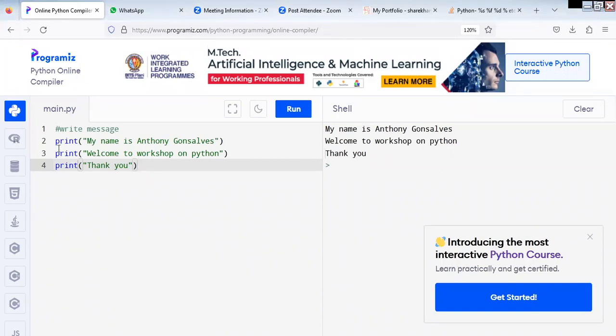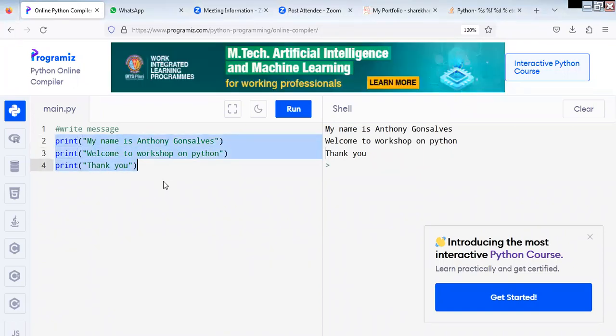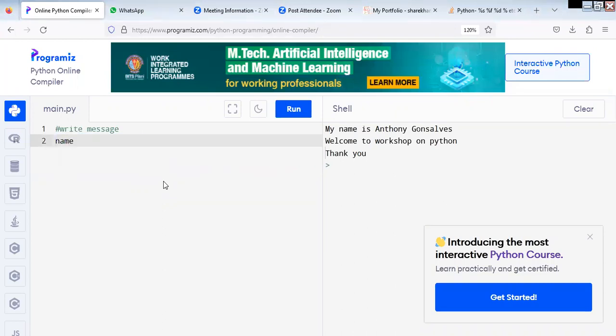In the same program, we say name is equals to input. So in the same line, we'll write a message as well as read the message. So input, I will say,